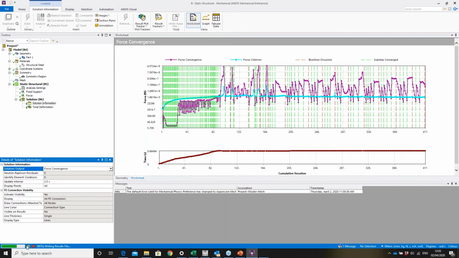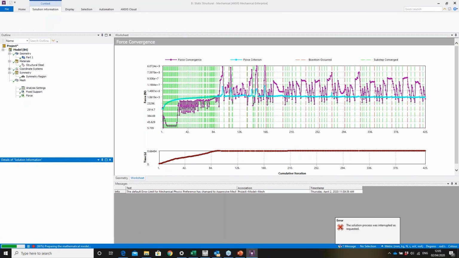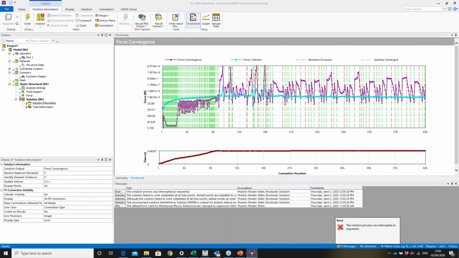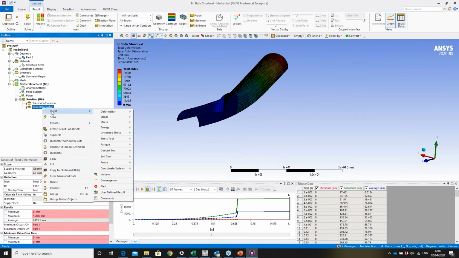Okay, let's pause the solution there. I'll use the interrupt button. So I'm probably not going to start it again, but it would allow me, if this was my own analysis, to stop, have a look at the behavior and restart it if I want. So if we go to deformation, and we